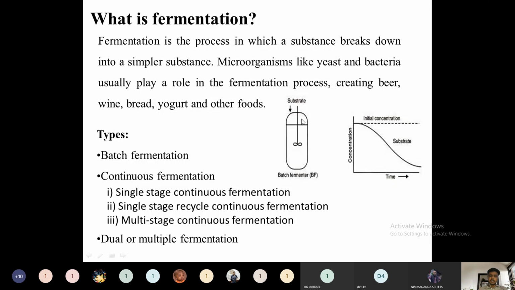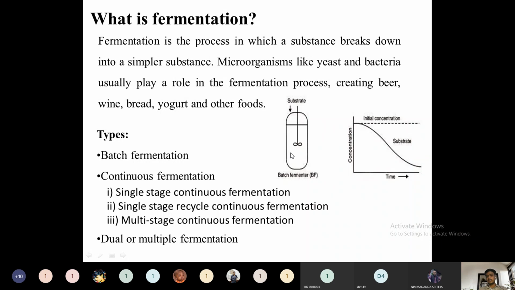Further, the medium is steam sterilized and inoculated. After converting and obtaining the products, this batch fermenter will be drained off and sterilized using suitable sterilization techniques before going for the next stage of fermentation. Then the nutrition medium is cooled and inoculated with the desired volume of inoculum under aseptic conditions. Whatever comes out will be cooled and collected in a separate medium.